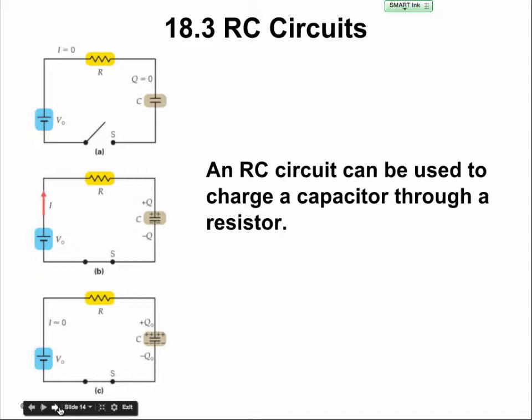So for RC circuits, an RC circuit can be used to charge a capacitor through a resistor. And so an RC circuit is just a resistor capacitor circuit. So when we look at step A, this is an open switch. When we close the switch, the current will begin to flow. It goes through a resistor. That has an impact on the voltage and the current